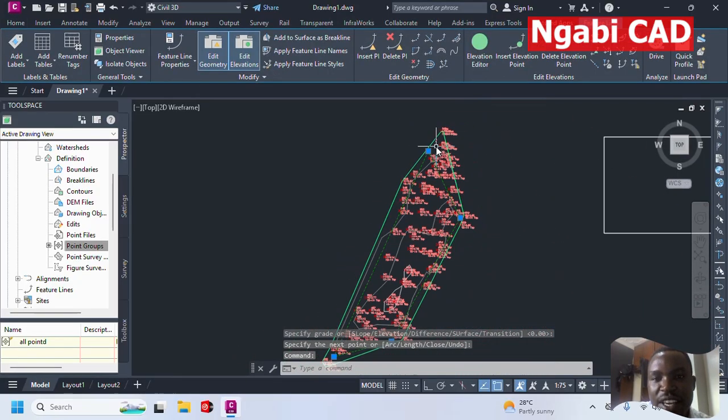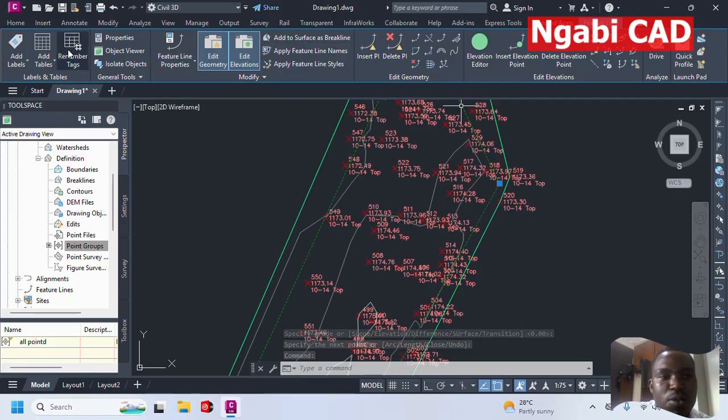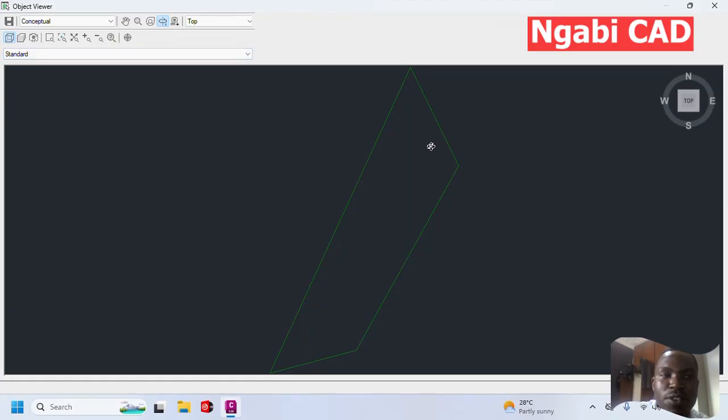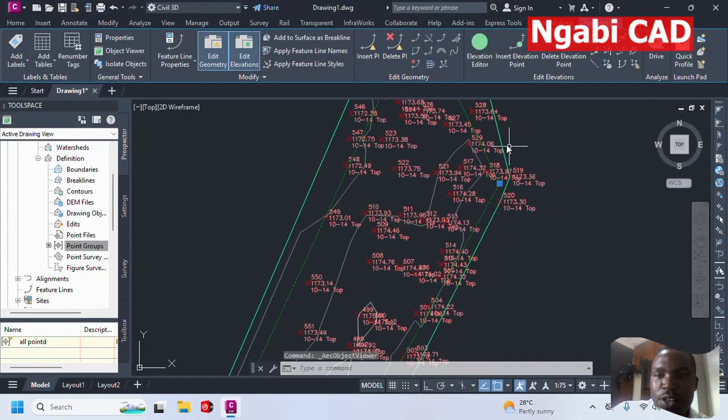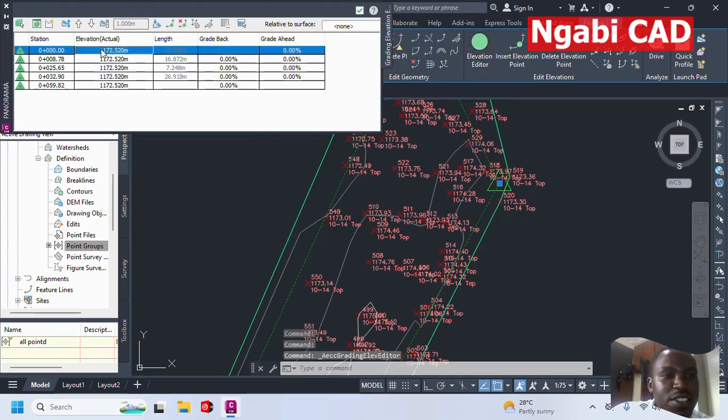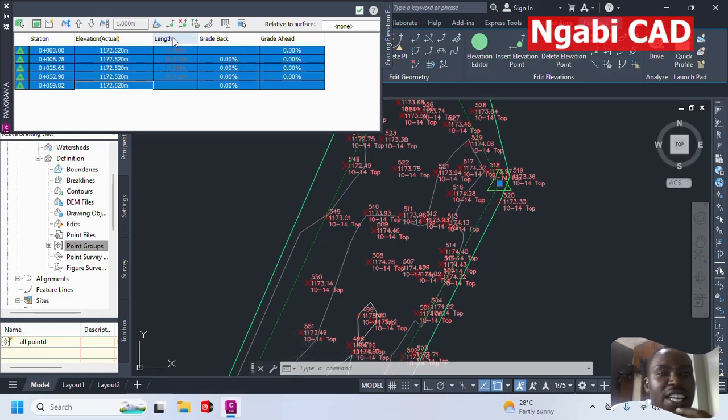As you can see, when I click on it, it also changes what we have here. We can view it in the objects viewer, but we have not defined the shape or the contours it will take. So what I do, I go to the elevation editor, click on the first one, press shift, click on the last one,